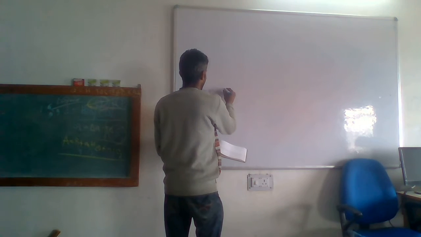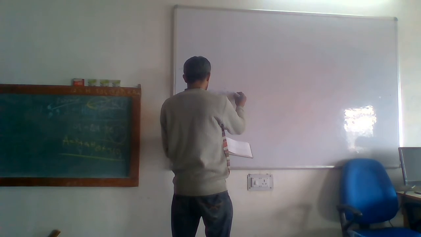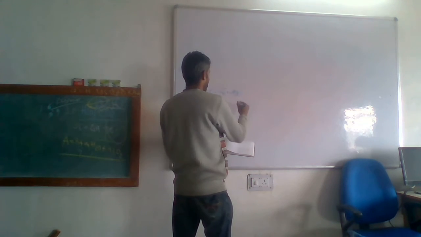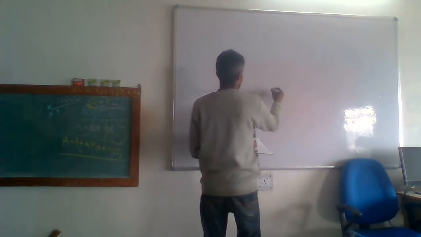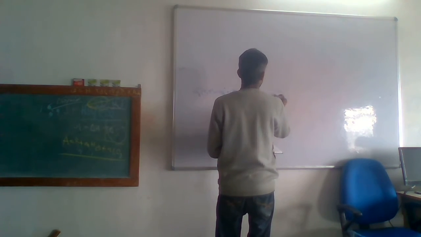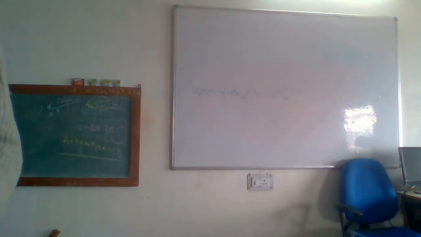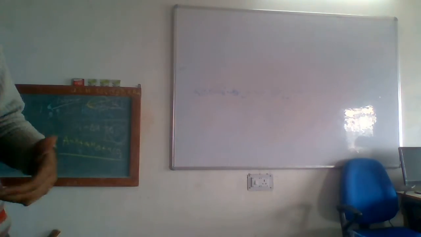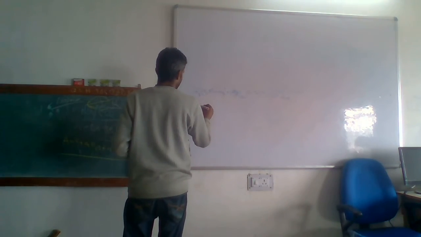It will be Gb, that is the standard, plus del Gb by del T at constant pressure and composition times (T minus T0), plus del Gb by del P at constant temperature and composition times (P minus P0), because T0 and P0 are taken at the surface of the Earth, and T and P are the conditions at which we want to do that. In case of the first component,